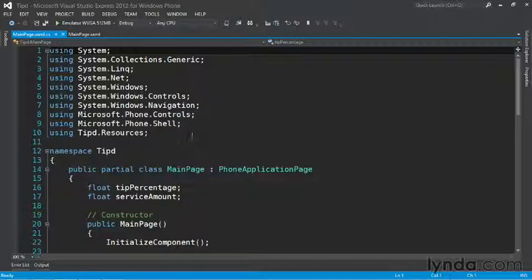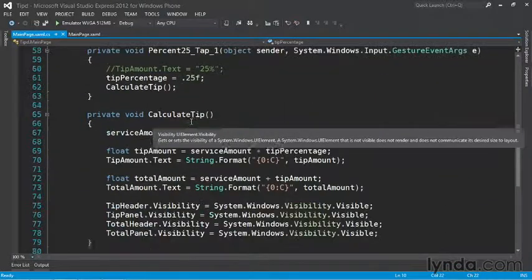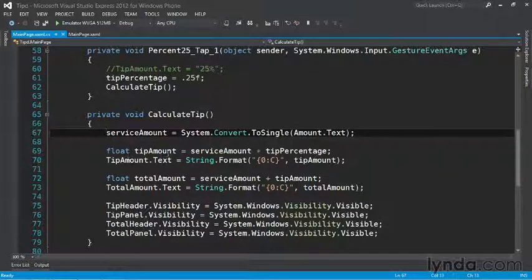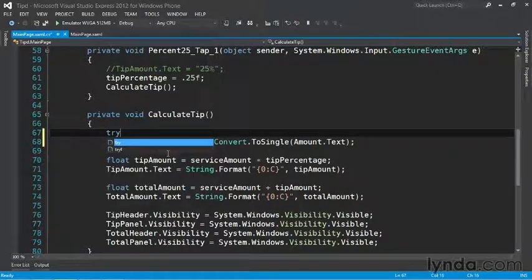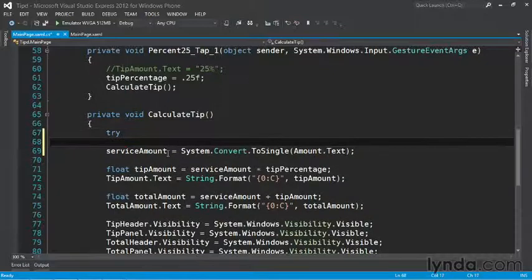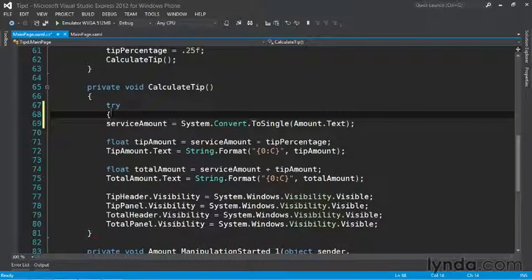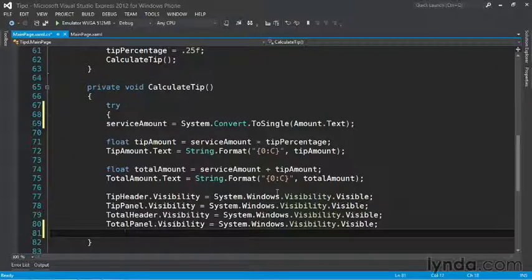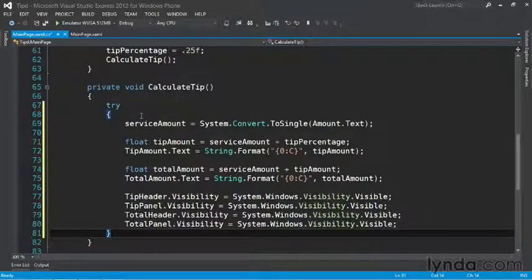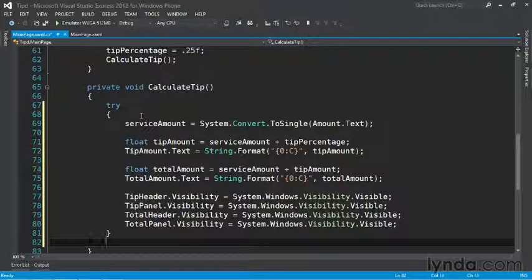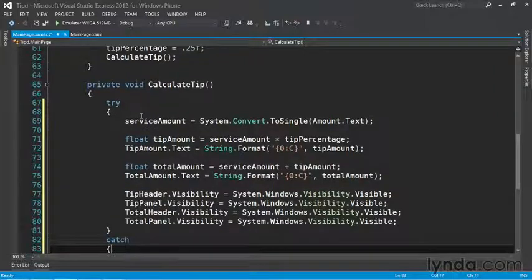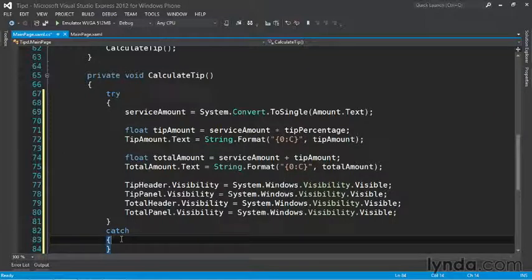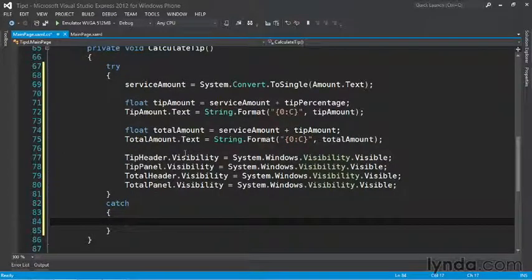So let's go down to our calculate tip method and put our code in there. What we're going to do is add a try statement here. This is then going to try and execute the code within the text block. So we're going to open this up, and then we'll go down to the bottom and close this. Now, if there is an error here, we need to catch that error and have a special section that's going to execute what we want to happen if there is an error encountered. So we'll add a catch, another pair of braces, and then inside of these braces, we're going to access